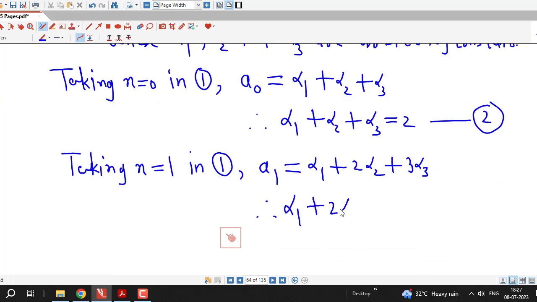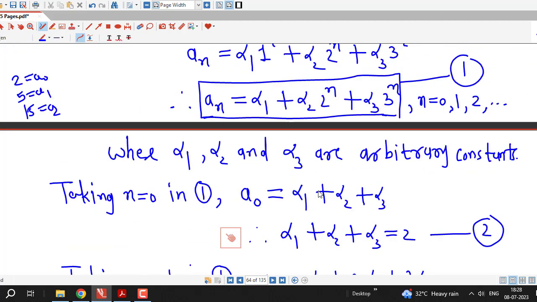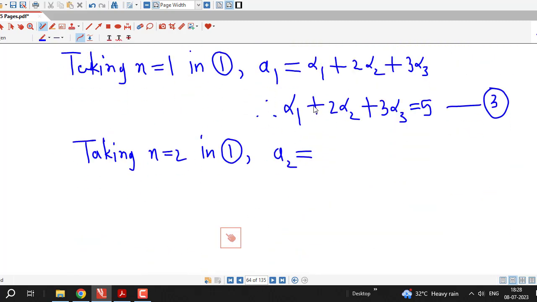Therefore alpha 1 plus 2 alpha 2 plus 3 alpha 3 equal to 5. This is number 3. And we have one more initial condition. A2 is 15. So for A2 I take n equal to 2 in 1, and let's see what we get for A2 by taking n equal to 2. So I have alpha 1 plus alpha 2, n is 2, that is 4 alpha 2, and here 3 square, that is 9 alpha 3,